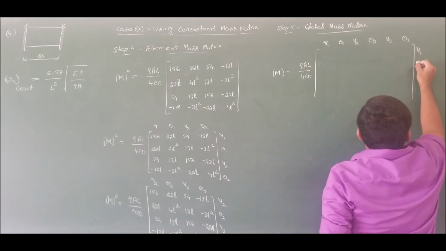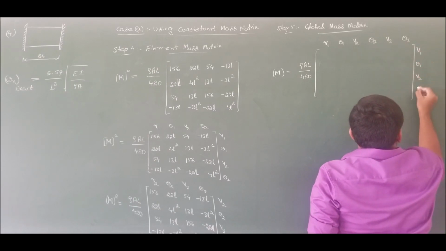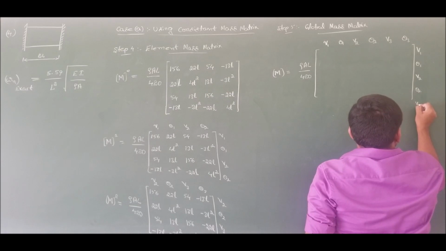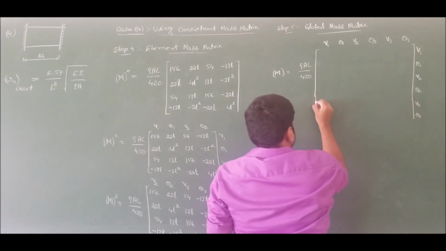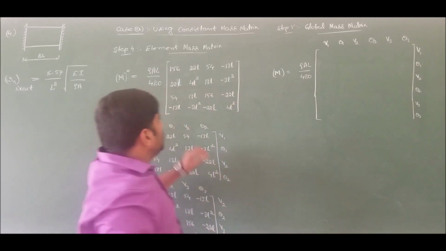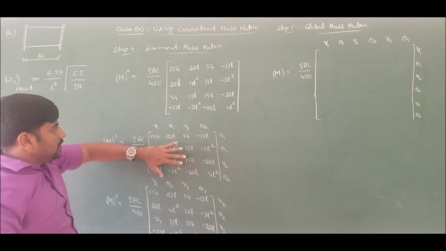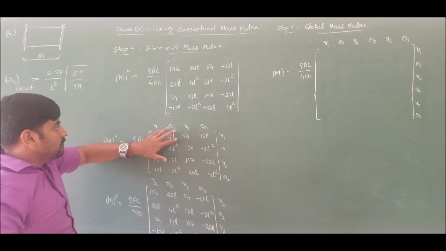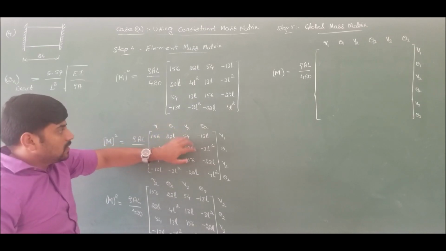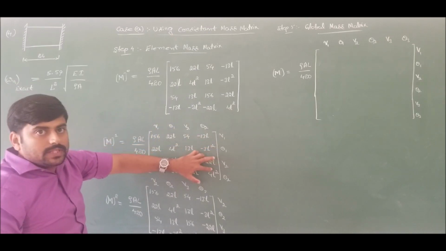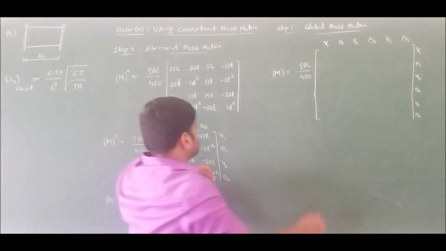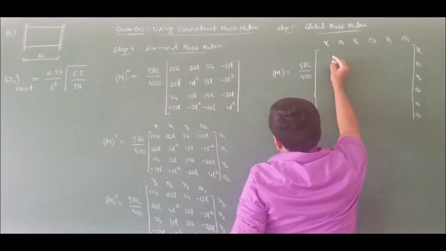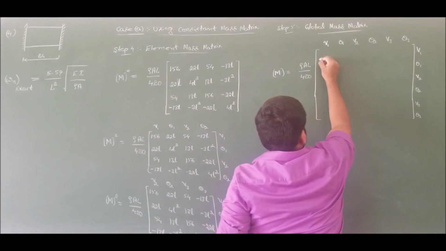Here we have V1 theta 1, V2 theta 2 and V3 theta 3. Coming to element 1, we have the order as V1 theta 1, V2 theta 2 cross V1 theta 1, V2 theta 2. So filling up the values, the global mass matrix will be